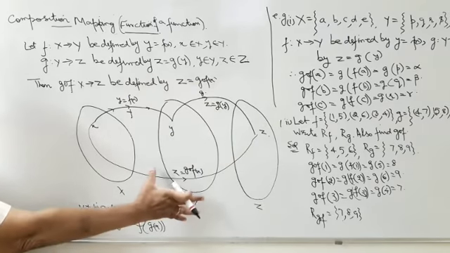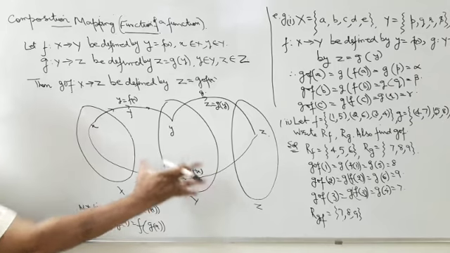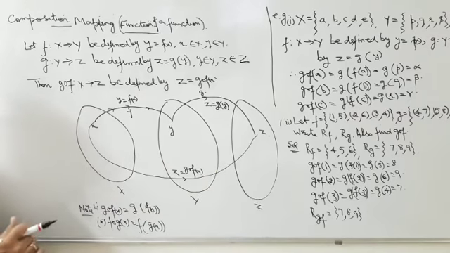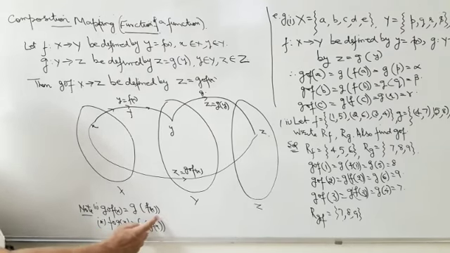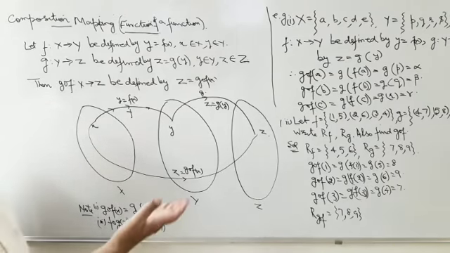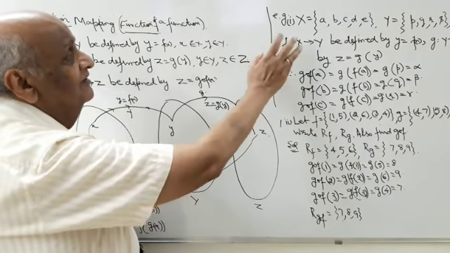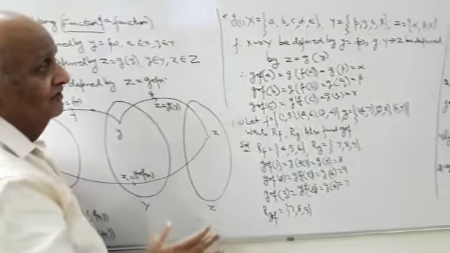Now you can show it with the help of an arrow diagram like this. Now some observations. (g circle f)(x) is just equal to g(f(x)). Then we have (f circle g)(x) is f(g(x)). That means in place of the circle, you will introduce brackets. Okay? Then, let us come to the explanation of all these.